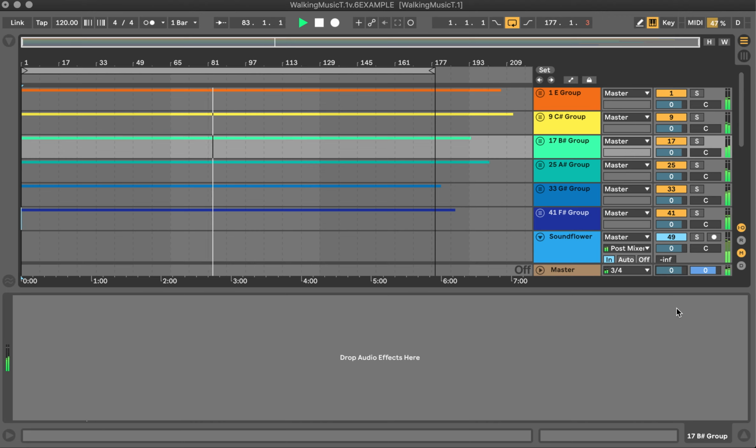So these drones are for my upcoming piece called Go for a Walk. I was working titled Walking Music for a long, long time, and they are controlled by field recordings. So their envelope comes from some field recordings. You can see there are 6 recordings, 6 banks of drones, different pitches, and I'm going to show how I made that here in Ableton using Max4Live